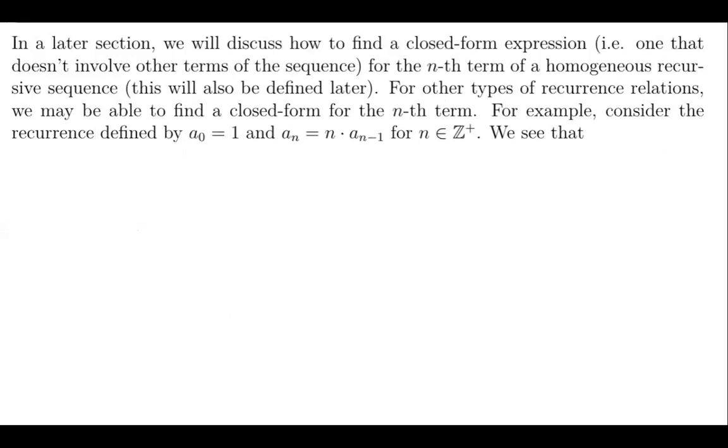Later on, we'll discuss how to find a closed form expression. So that's basically a formula that doesn't involve the other terms of the sequence. And we'll do that for a specific kind of recurrence relation. But for other types, we are sometimes able to find a closed form if the conditions are right. So for example, let's look at the one here